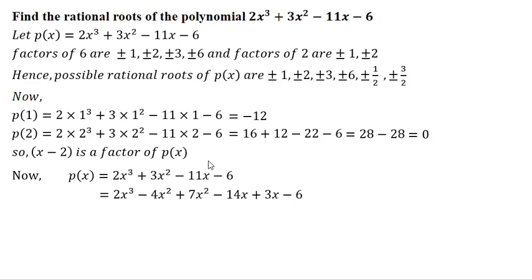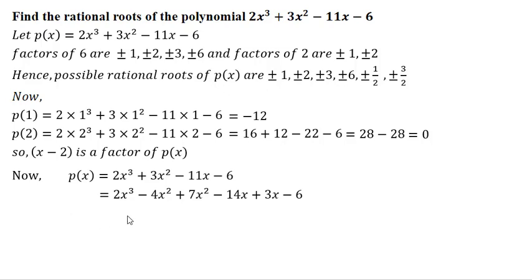Now this minus 11x, this I will also split. Now see, here it is 7x square. So I will take 7x common. After taking 7x common, I have x here. So as I have taken 7x common, that 7x I will multiply with this minus 2. So 7 twos are 14, so minus 14. That means I will write minus 14x. Now here it is minus 11x. I already have written minus 14x. So to make it as minus 11x, I will add plus 3x. So this minus 11x I will write minus 14x plus 3x, and finally I will write this minus 6.